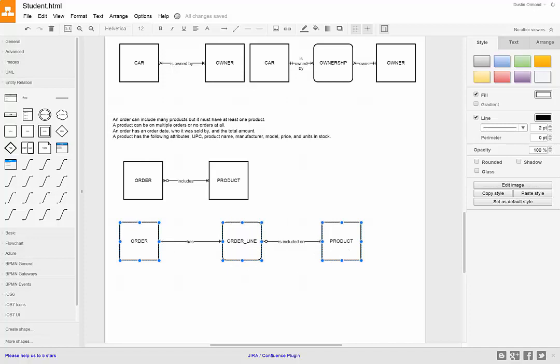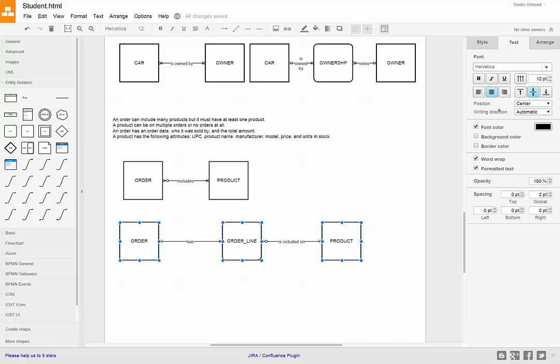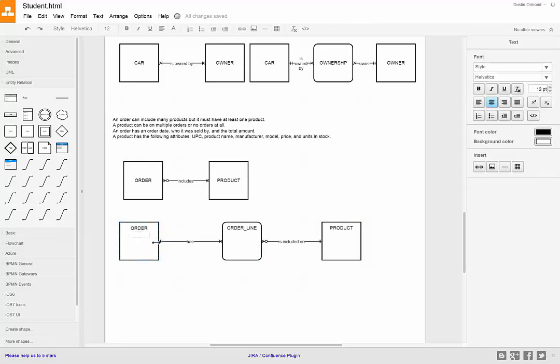Now it asks me to list out the attributes, so I'm just going to highlight all three of these, click the text tab, and I want the text to be at the top. Okay. Now I have room to add my entities, so I'm just going to go into the entity, hit enter, and start typing my attributes. On the order, we have the order date, who it's sold by, and the total amount. It's also a good idea to include the primary key or the identifier. So order ID, and then we have the order date, and then we have sold by,